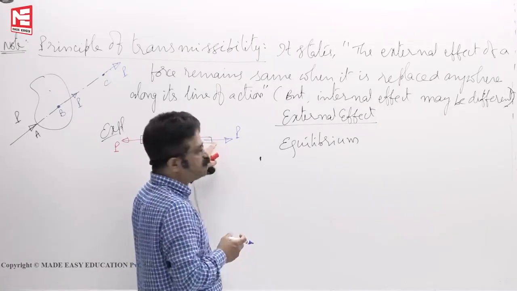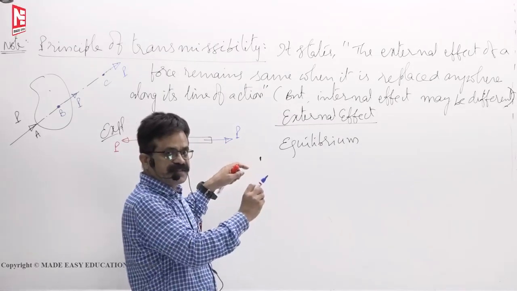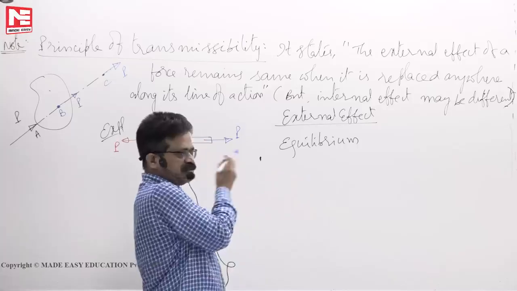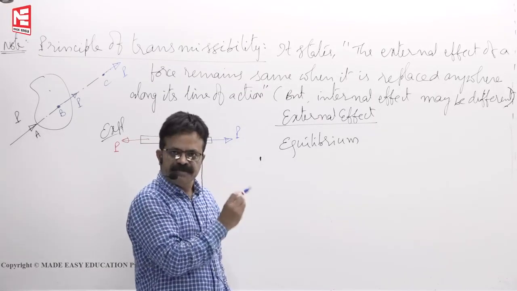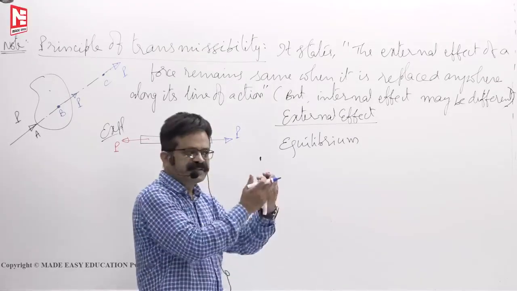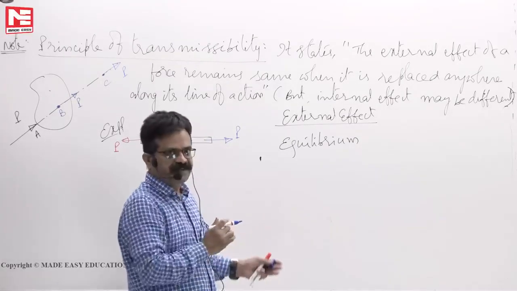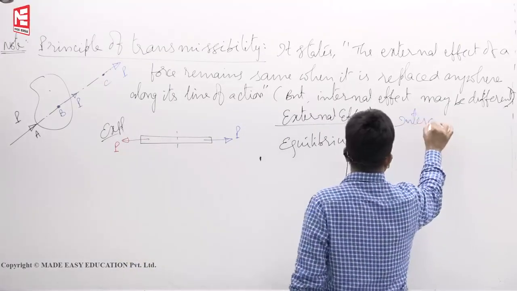That force exerted, in the free body diagram, whatever force you show, which is exerted by the other body on this body, that is called internal resistance. If the member has the capacity to take that much force, it will remain. Otherwise, the member will break. So internal effect is what within the body it will sense